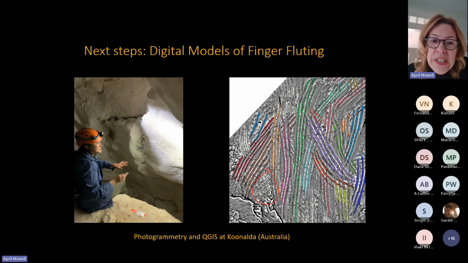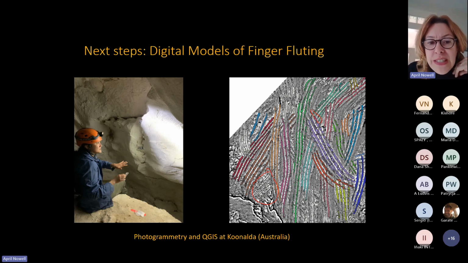identify these different gestures. If any of you are going to be at the Australian Archaeological Association meetings in a couple of weeks, we'll have a booth there where we're asking people to do finger flutings for us, both tactilely, using a medium as close as we can get to the moon milk, that sediment, but also using virtual reality headsets, and using that to train a